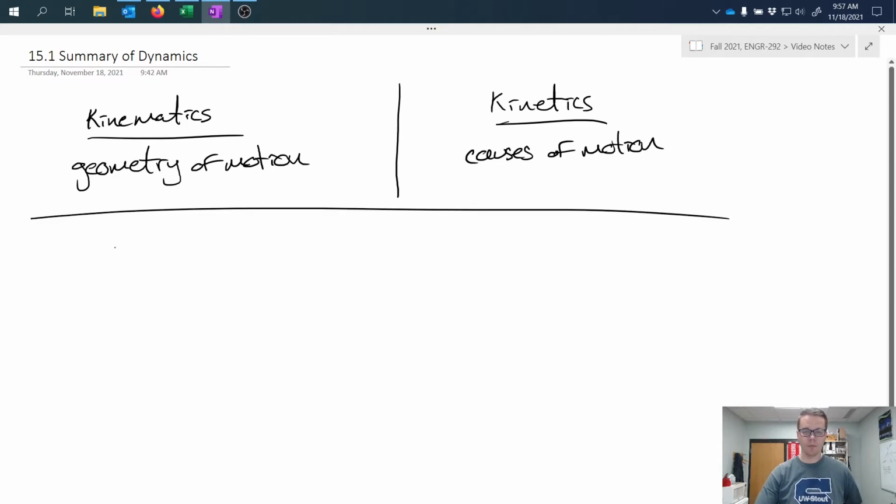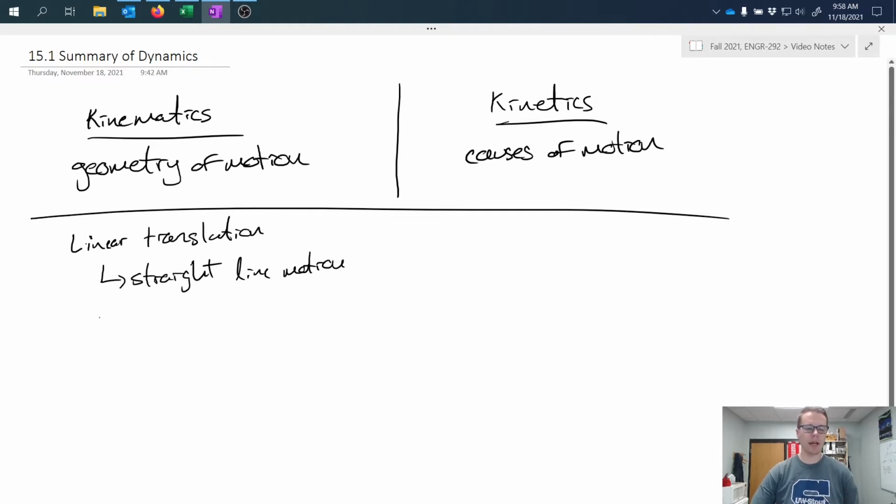All right, so thinking back to basically everything that's been covered in dynamics, one of the areas is linear translation. This is the first, simplest step for starting to think about how things might move. Linear translation is really talking about straight line motion. It also has some simplifications that we might want to think about,